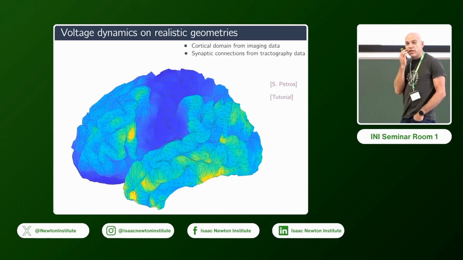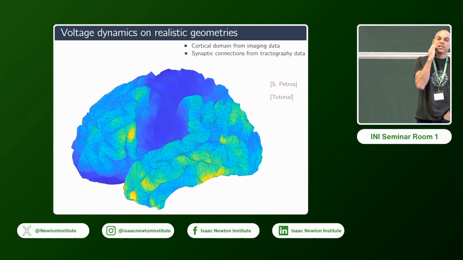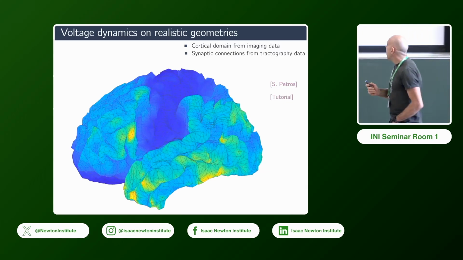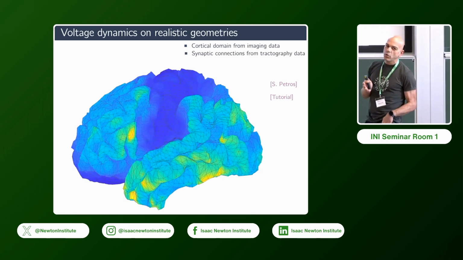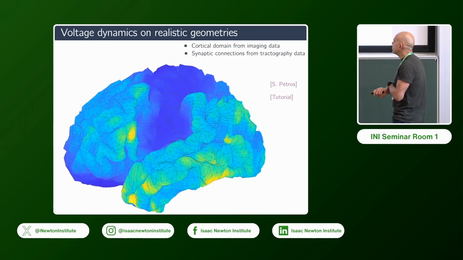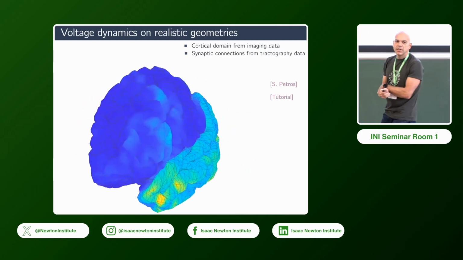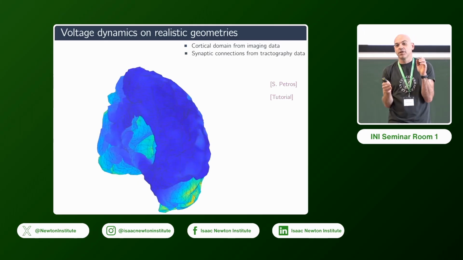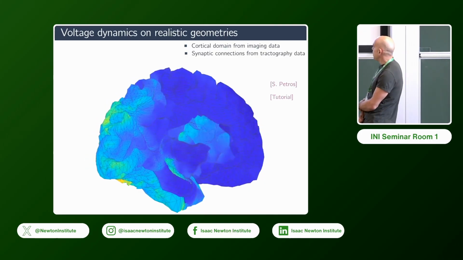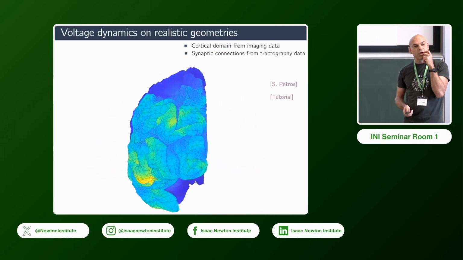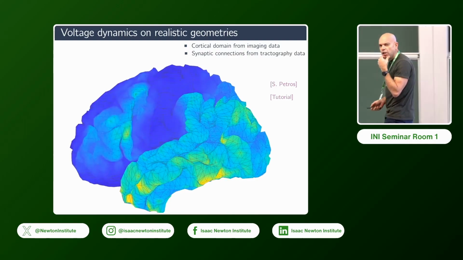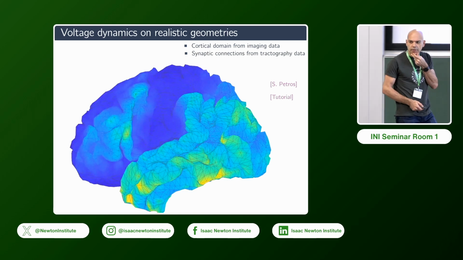I have actually changed every single slide since the meeting has started, mostly because I thought I had completely mispitched them. But this one stayed. And I want to give you an idea for one way in which you could understand the angle we are coming from. What you're seeing here is a simulation of a neural field model. But the model is not important. The geometry is picked from the Human Connectome Project, and the kernel is picked up from the Human Connectome as well.